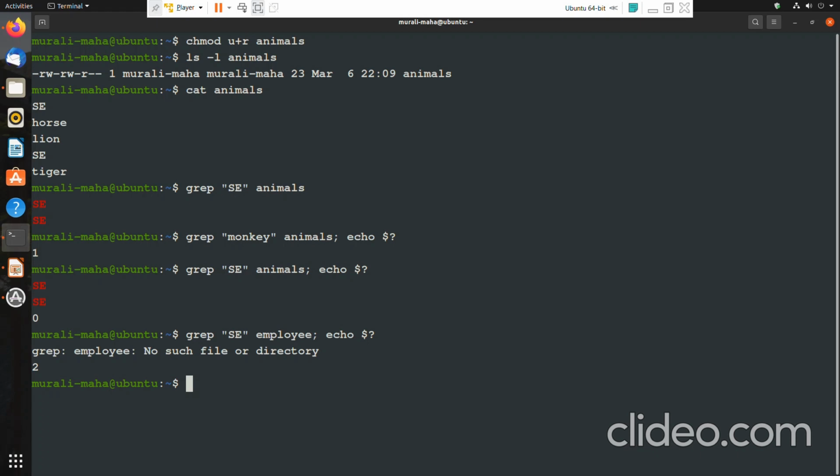So it returns that value to the shell, and the shell promptly stores that value in the variable dedicated to store the exit status of the command, and that variable is $?. By examining the value of $?, we can infer whether that command has executed successfully or unsuccessfully.